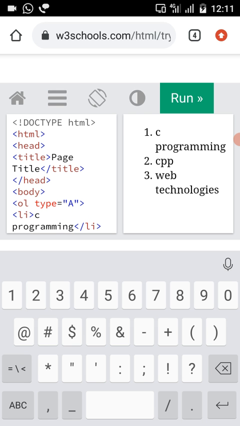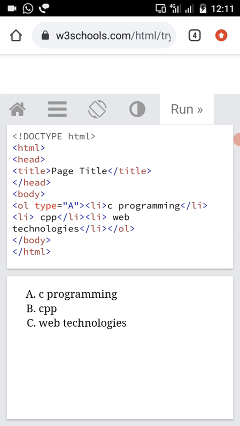Let us look into the output now. Before we gave type as the attribute for the OL tag, it was displayed using numbers like 1 2 3. Whenever I apply type as alphabet A, the list numbering changes to alphabets. In this way we can change the type of ordered list.